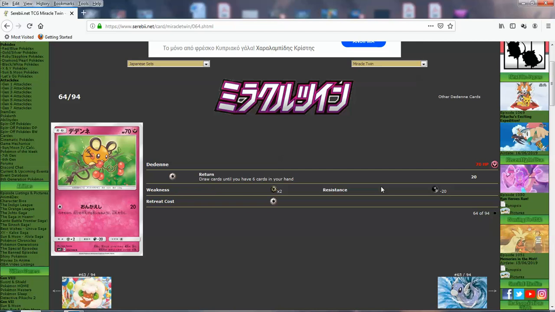Dedenne hasn't been one of the cutest Pokemon in my book. I mean, it's your typical cute Pokemon, but I like Minun and Plusle more. I like Emolga more, but the way it looks here, it looks super cute. I'm not gonna lie, like a little cheapy rat thing, hamster Pokemon. Anyway,